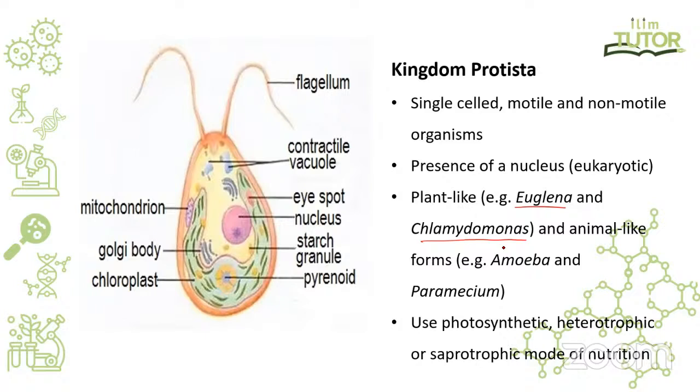So generally, what should we remember when we are talking about kingdom Protista? We already know that they are not prokaryotes, which means that they have a defined nucleus. By the way, if you're confused about the meaning of the word nucleus, nucleus simply means that there is a membrane around your DNA. So for kingdom Protista, there's a membrane around the DNA. Now, secondly, since they are eukaryotes, of course, they would have membrane-bound organelles. And we can see this even in the diagram. You can see that they have Golgi bodies, they have chloroplast, they have mitochondrion. All these are membrane-bound organelles,